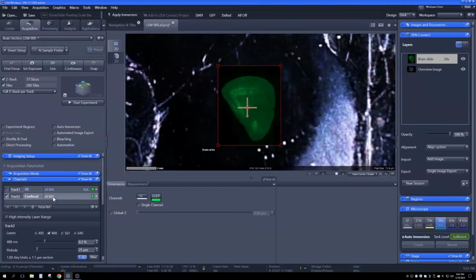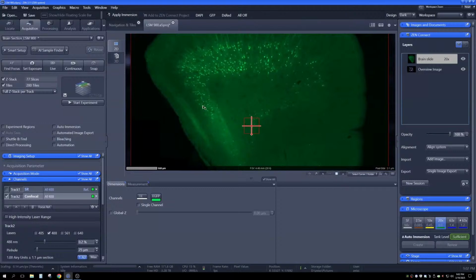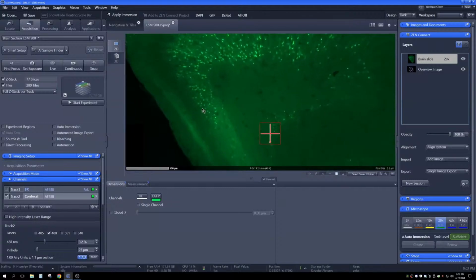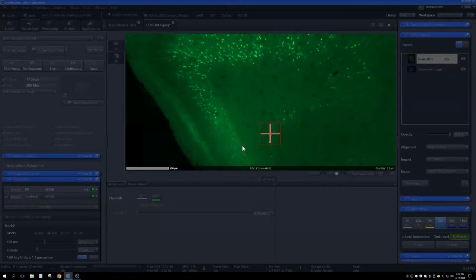So I will highlight the confocal channel. Let's go to a place that has a couple of neurons. And when I double click within the workspace, it will trigger this message that says, by double clicking within the ZEN Connect workspace, it triggers a stage movement. So I'm going to click OK